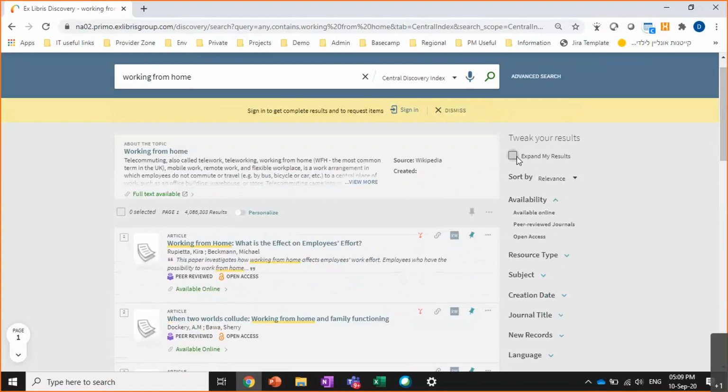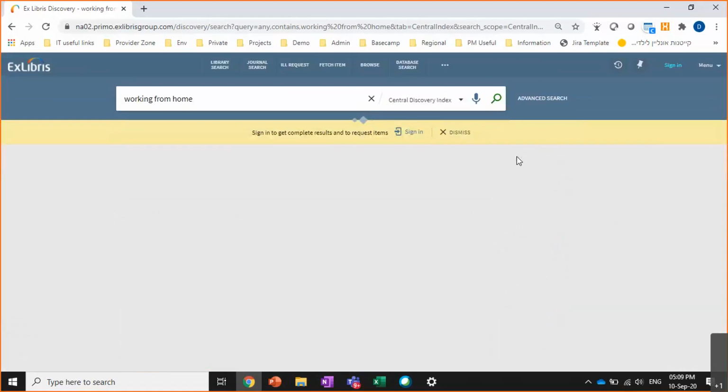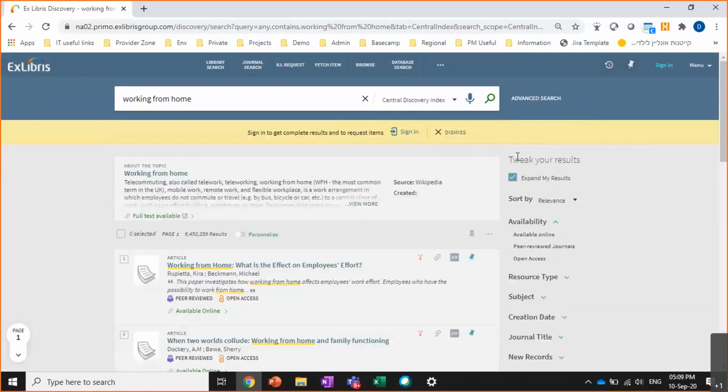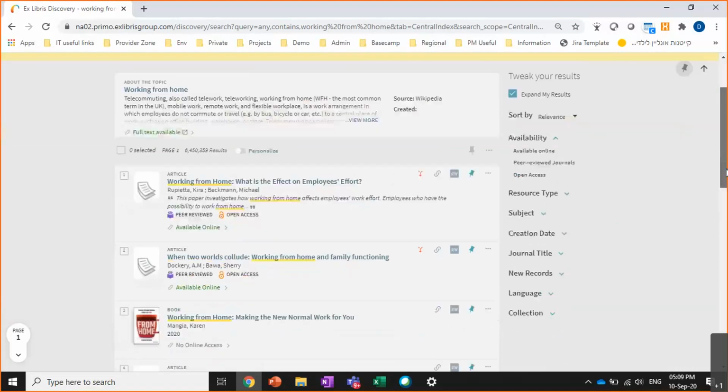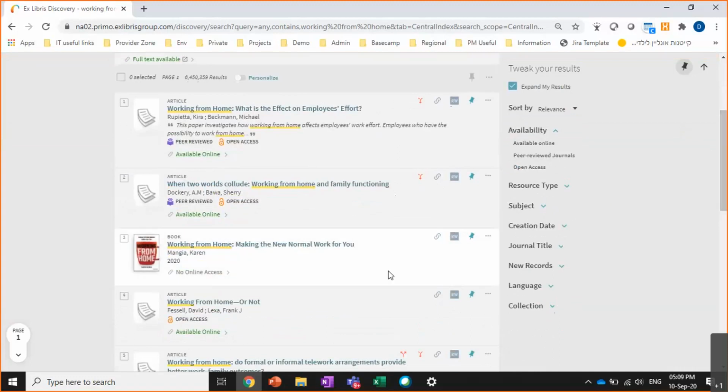If I click expand my results, Primo will now show me additional results. In addition to those that are available online, I also get results for content that I don't have available online, meaning no online access.